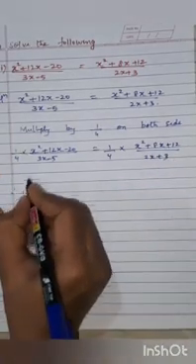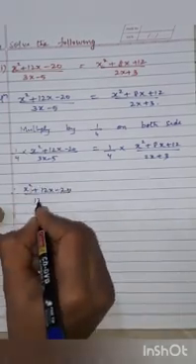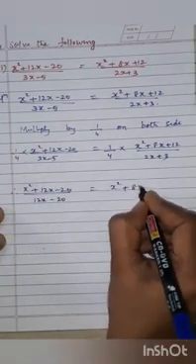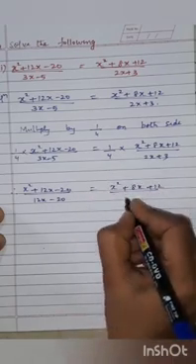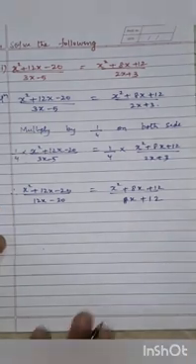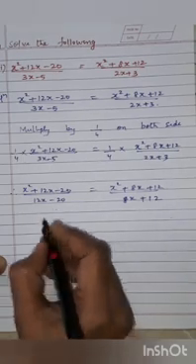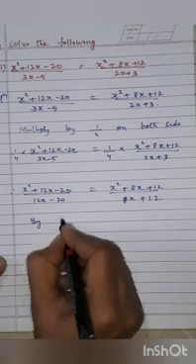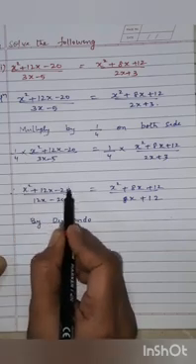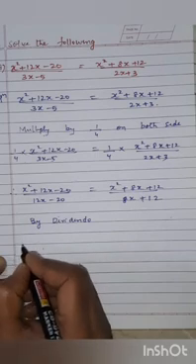We will get here therefore (x square plus 12x minus 20) upon (3 4 is 12x minus 4 5 is 20) is equals to (x square plus 8x plus 12) upon (4 2 is 8x plus 4 3 is 12). Now children, since we want the value of x, what we will be doing here after this step is using the property of dividend by dividend. Now this entire numerator is your a, this entire denominator is your b. So as per the dividend we get a plus, a minus b upon b.